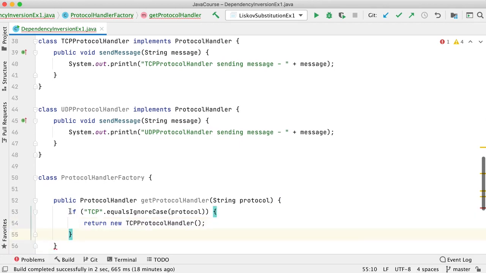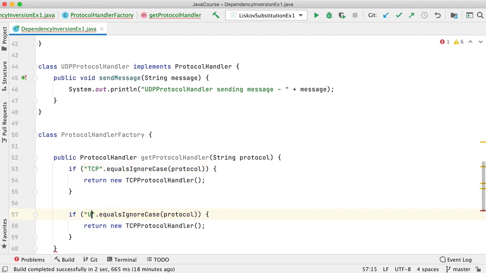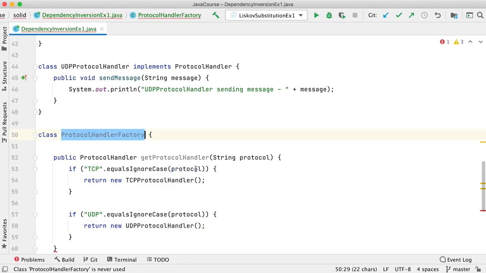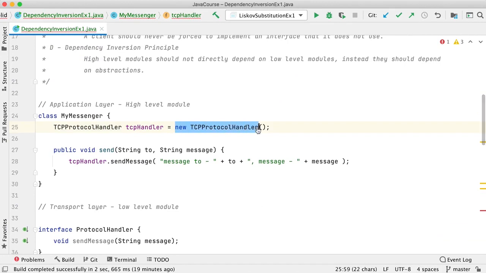Else if this is UDP, now you return UDP protocol handler. Okay. Now this particular class, instead of depending on TCP handler, actually depends on protocol handler.